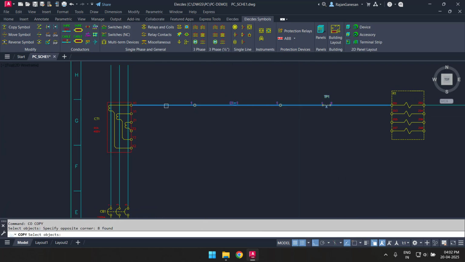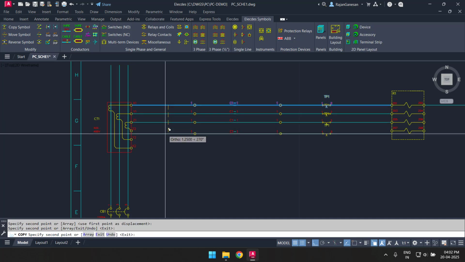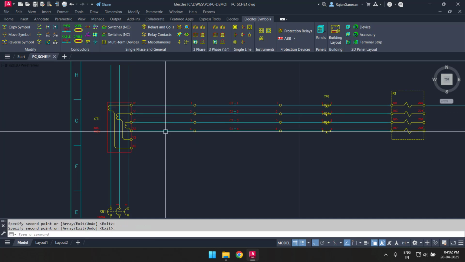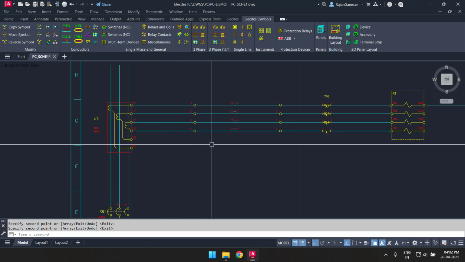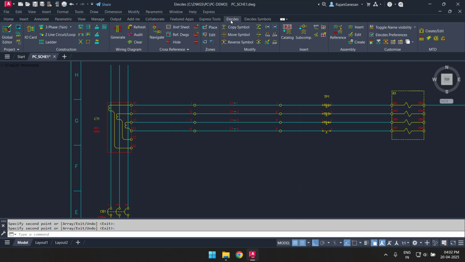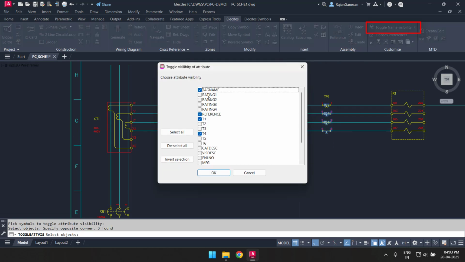To complete my AC circuit, I will copy the first conductor and its componentry to the other inputs on the relay. When I copy the circuit multiple times, the names of all of the components will be adjusted by the Electez circuit reactors. When you have tags that you want on your reports, but don't want to see them on the drawing, the Electez Attribute Visibility tool can be used to hide the tags.